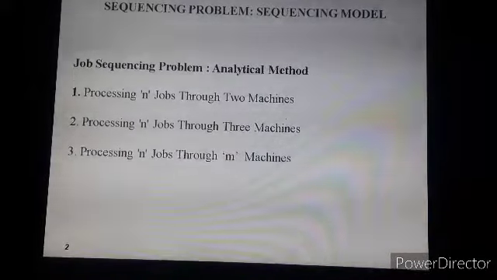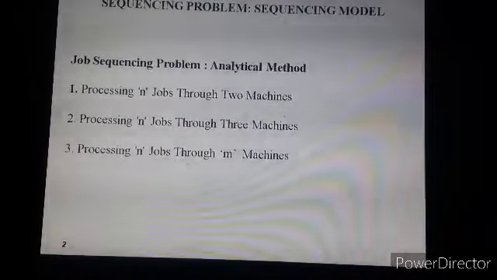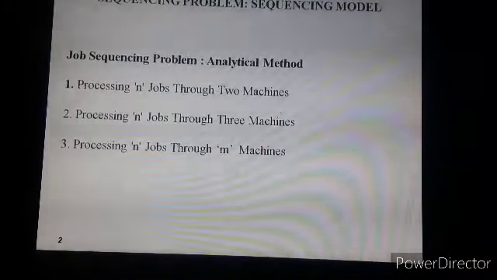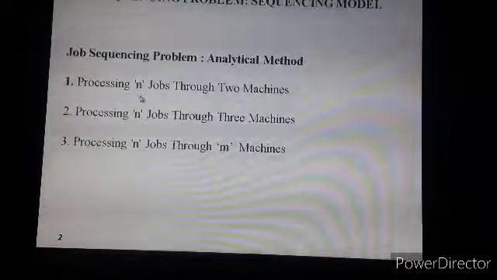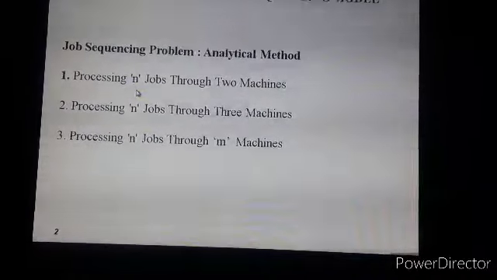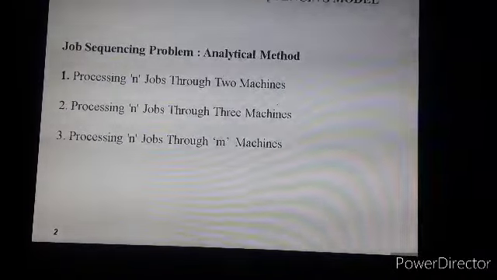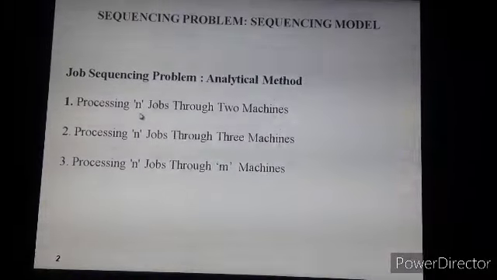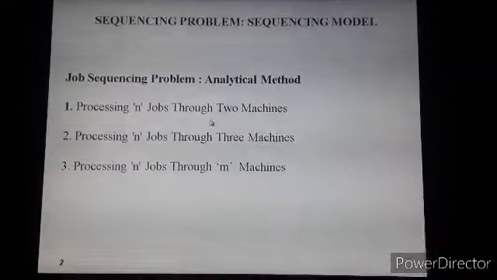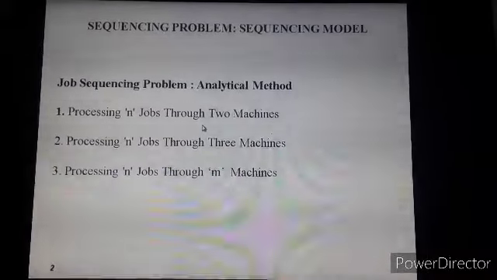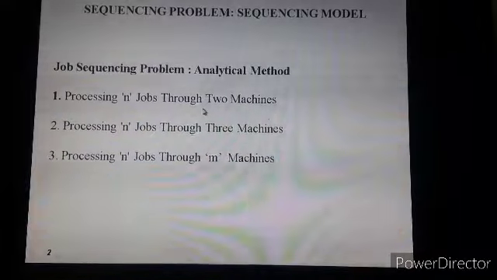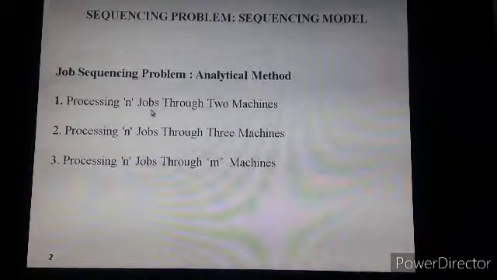So we have sequencing of n jobs on two machines. First we'll discuss how to sequence the n jobs or n activities or n operations on two machines. In order to find the optimum sequence as well as the optimum time required for a particular operation, we have to follow certain steps.